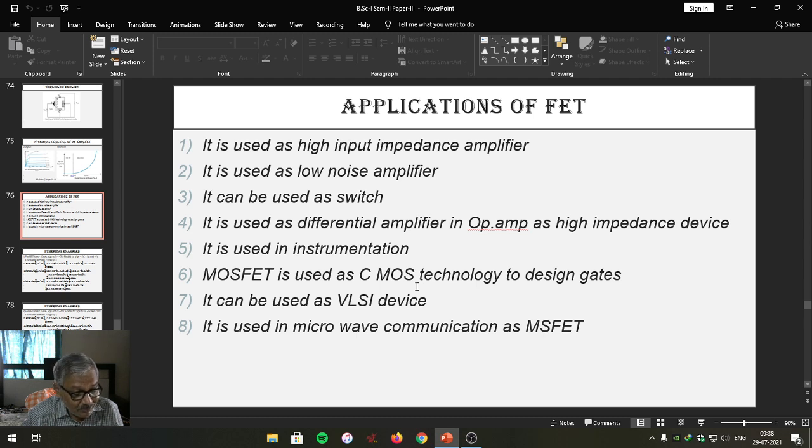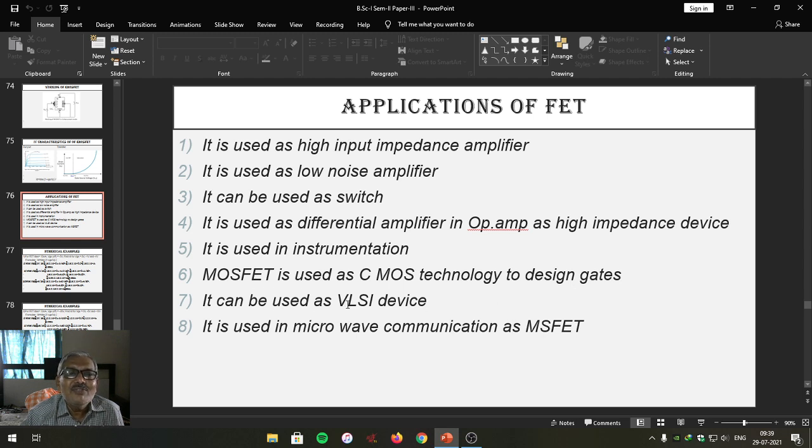Friends, we have studied DMOS technology, EMOS technology. In that there are three types. One is PMOS, second one is NMOS, and third one is CMOS, which is a combination of PMOS and NMOS. So by using that complementary metal oxide semiconductor field effect technology, logic gates are designed.